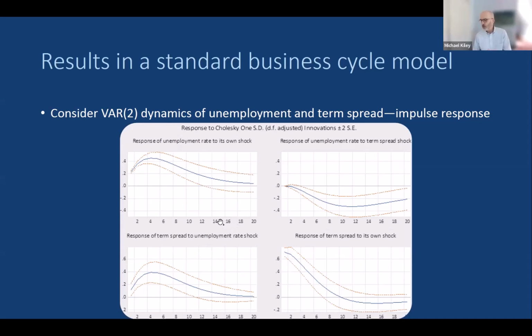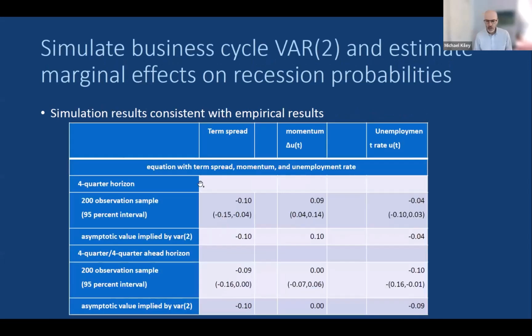So those 3 variables are going to be the term spread, momentum, or the change in the unemployment rate. And so that's going to be my leading indicator. So the unemployment rate falling, that's momentum. And then the level of the unemployment rate. Okay. So here's what the logit regressions look like across